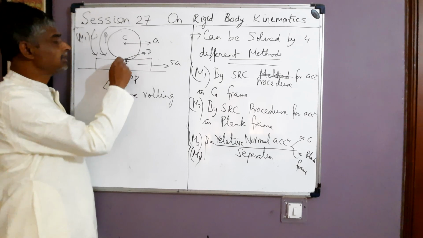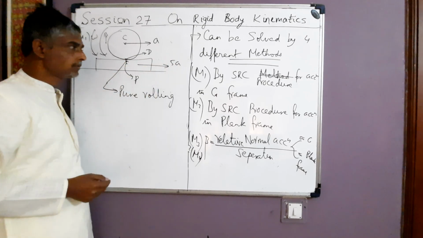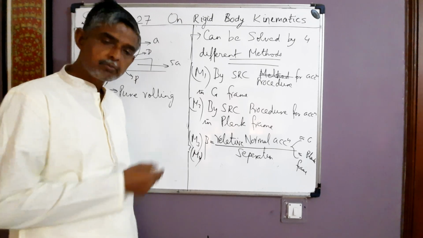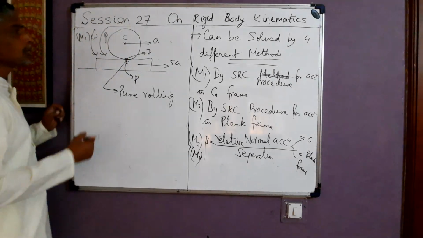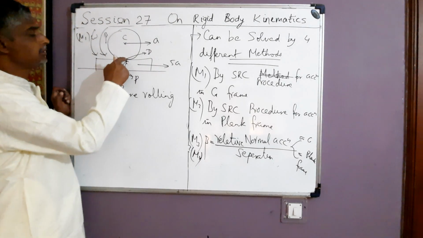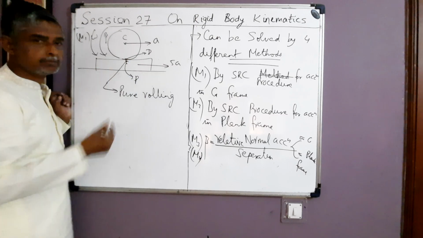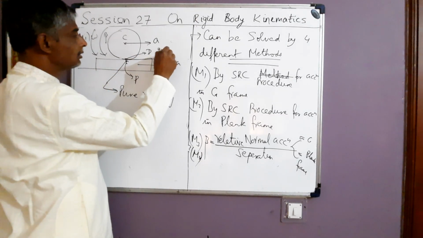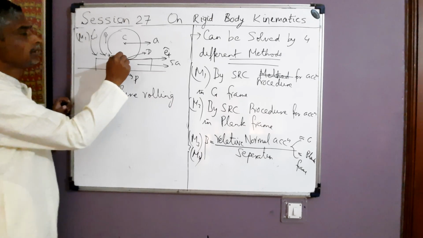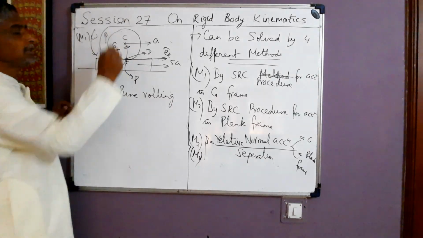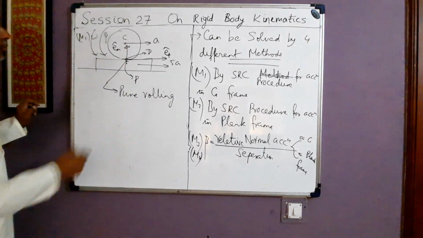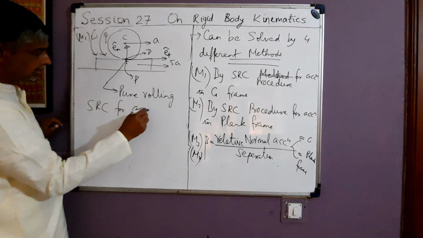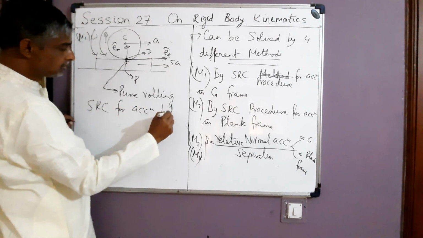So the accelerations of D and P along the common tangent plane at the point of contact should be the same, in magnitude and direction both. So what we do, we find the acceleration of D and P along the common tangent plane and equate them. So this is the unit vector along the tangent, and this is the unit vector along the normal, et hat and en hat. Okay. So we apply SRC for acceleration